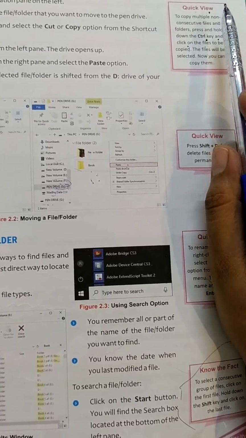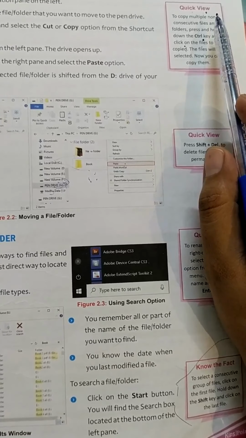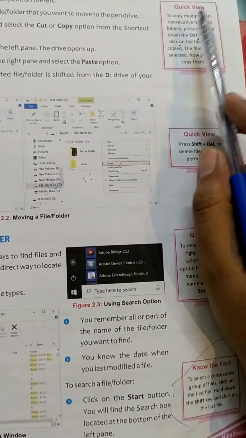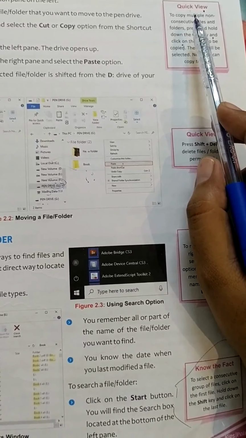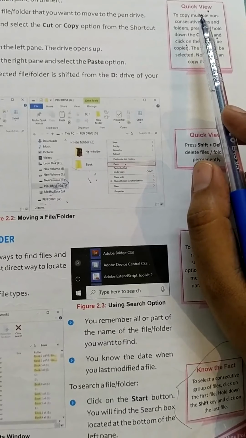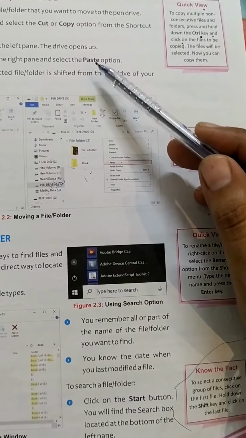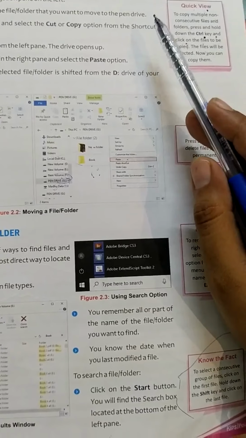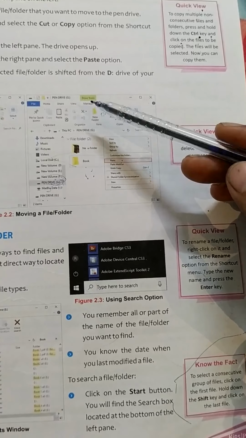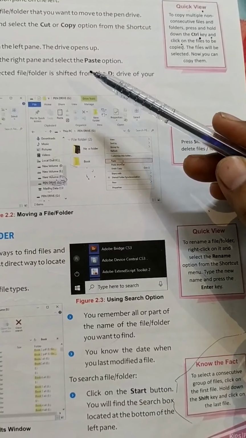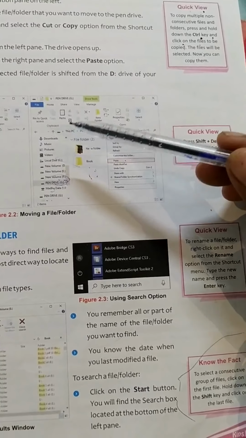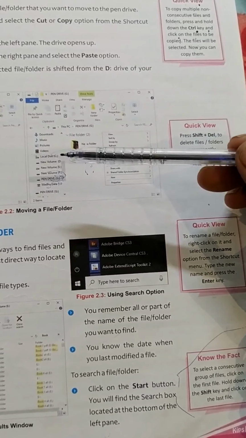So first of all, we will discuss the term non-consecutive. Non-consecutive means not in order or following one another continuously, or you can say not being in a sequence. Consecutive means following one another without an interrupt in between, but non-consecutive means following one another file or folder with